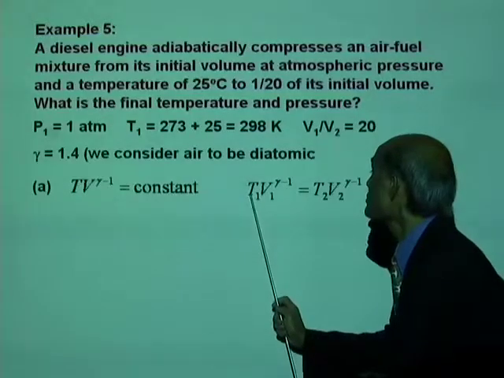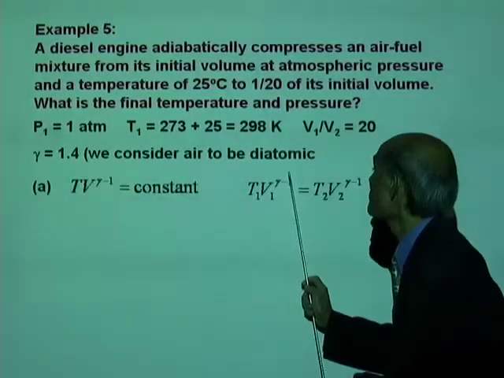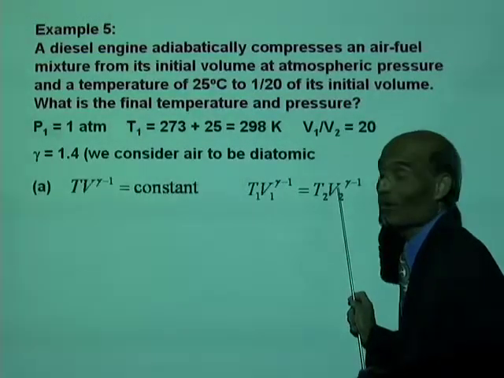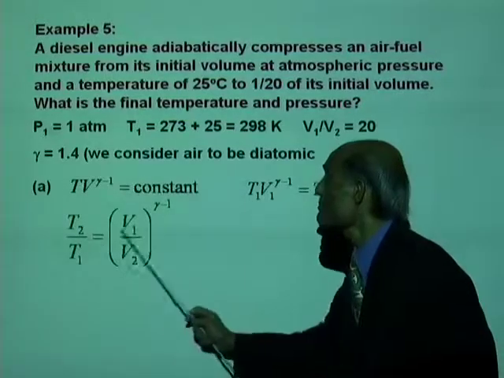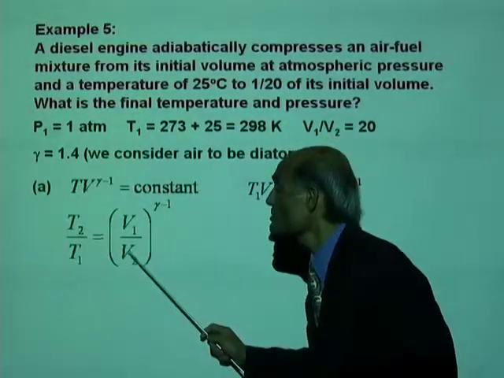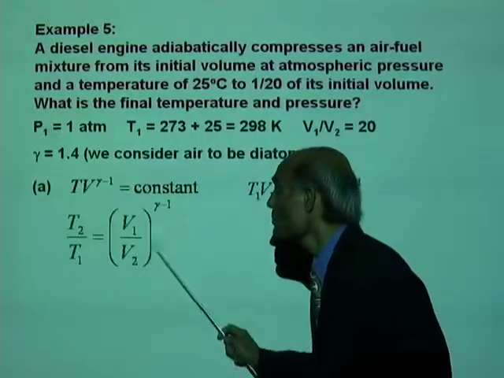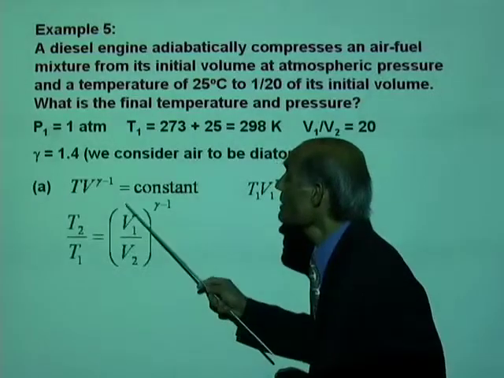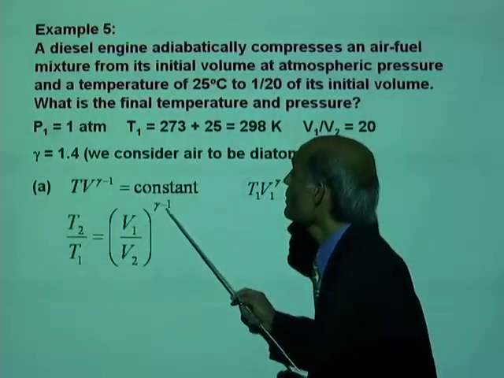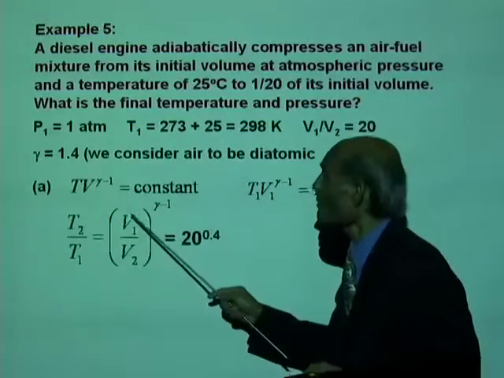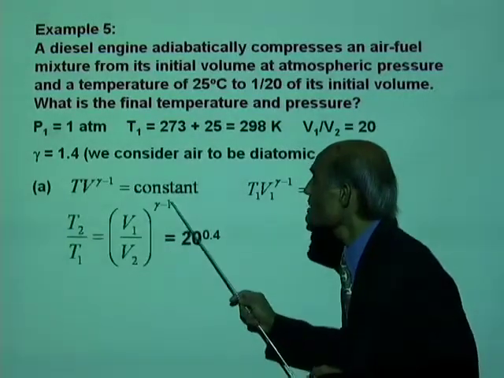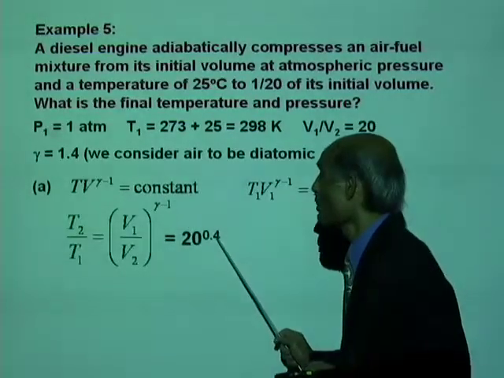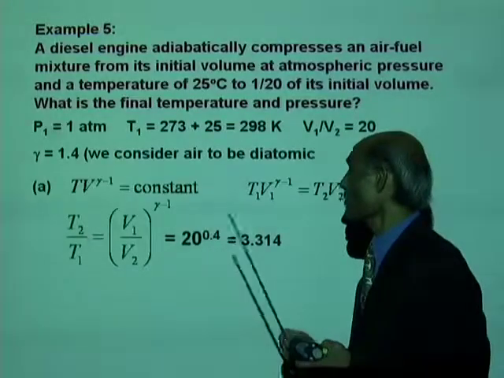T2 divided by T1 is V1 to the power of gamma minus 1 divided by V2 to the power of gamma minus 1, or T2 divided by T1 is V1 divided by V2 all to the power of gamma minus 1. We know T1, we know V1 over V2, we know gamma. V1 over V2 is 20, gamma minus 1 is 1.4 minus 1 is 0.4, and 20 to the power of 0.4 is